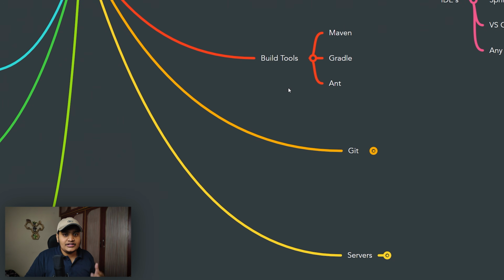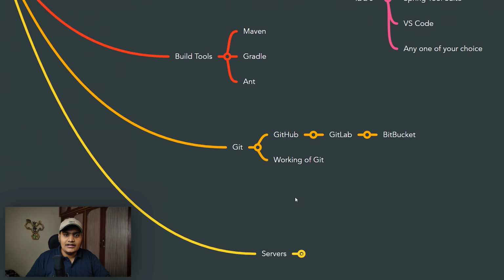Now when you're working with large teams in organizations, you should understand how Git works and the different tools available that will help you to manage your code. There are GitHub, GitLab, Bitbucket. In any organization, these are the mainly used platforms for maintaining your code. So you should be aware of all those things as well. Start with understanding how Git works, how to commit your code, how to take a pull request, how to push your code, how to fetch the code. So learn about those things, how Git works, and all the different platforms that I have mentioned. All those platforms do the same thing. So you can opt for any one and learn about that as well.